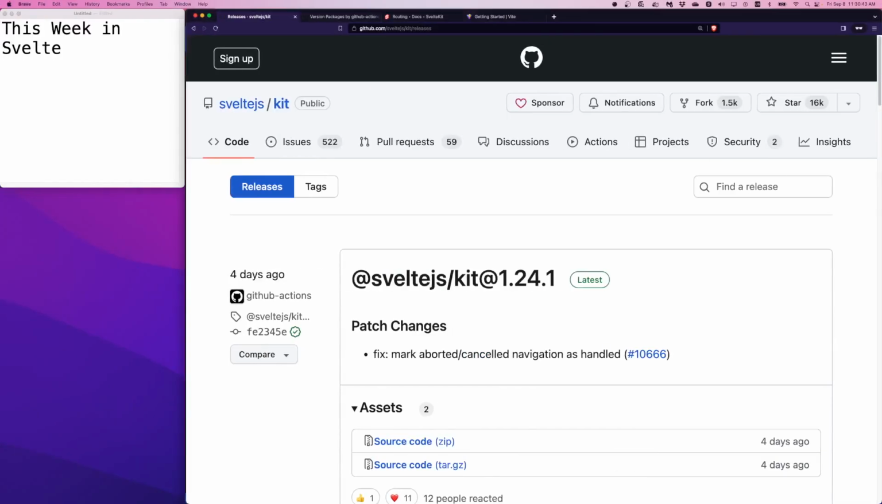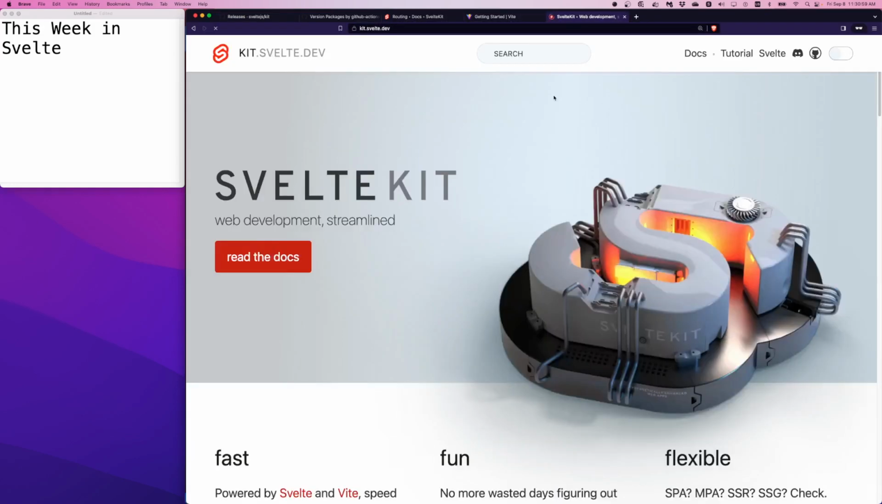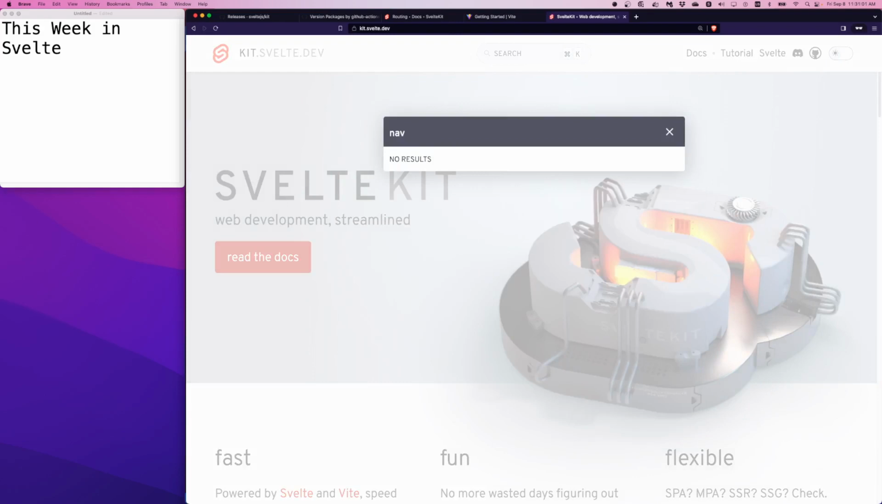Beginning with the changelog. We have a patch release for SvelteKit version 1.24.1 in which we can mark aborted and cancelled navigations as handled. This is for things like using the navigation API. So let's show you that. I think the navigation module has things like